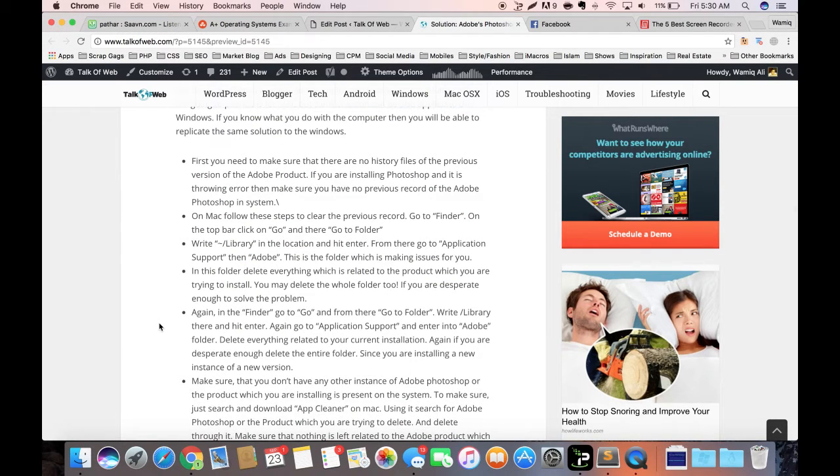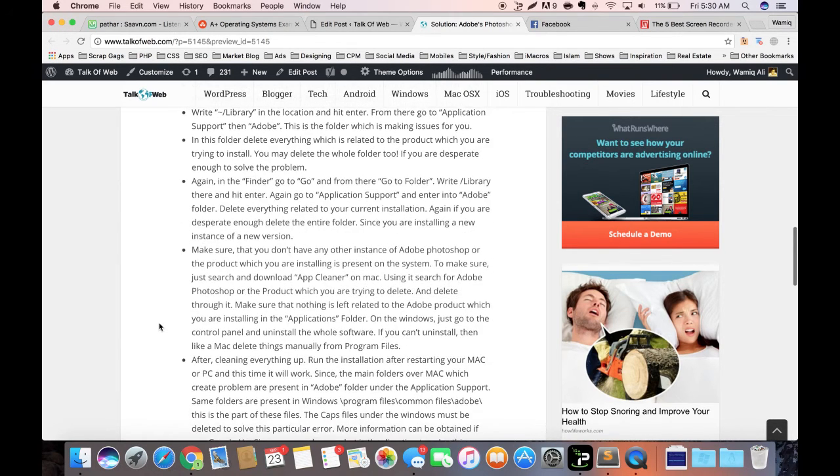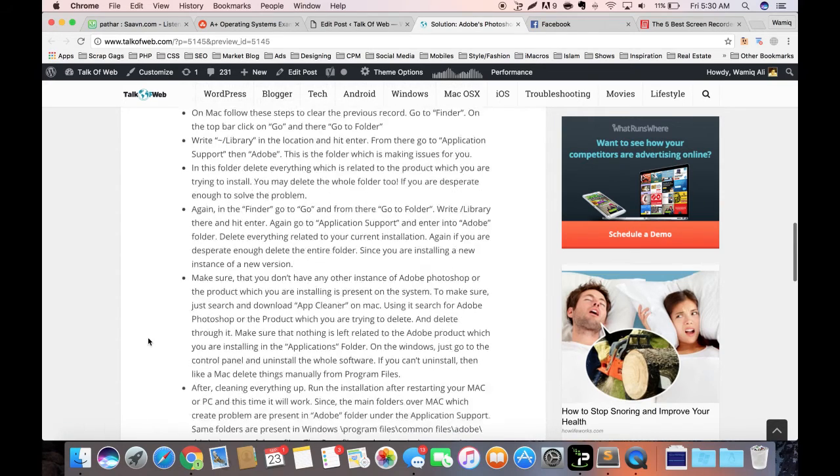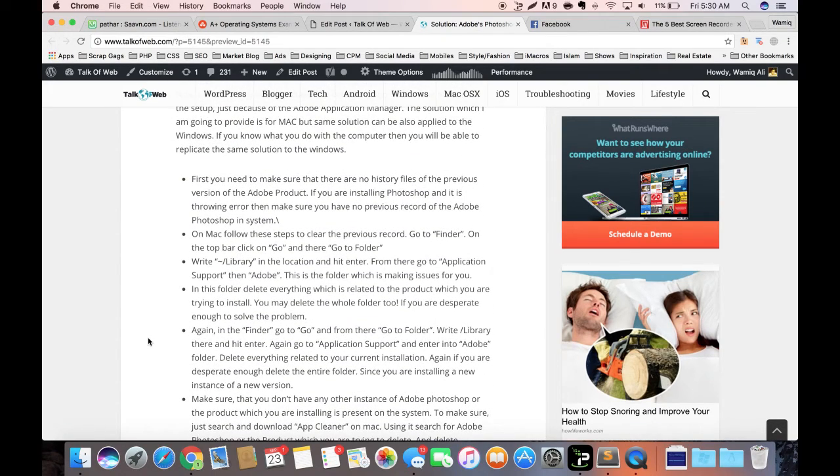So the platform I'm using is Mac. You can also go for the similar solution in Windows as well. So let's go. Here I'm assuming that whenever you try to install Adobe Photoshop or any other product, the initial setup does not run and it throws an error. Alright, so in my case I had this error because there were some previous installation files present in my system, so I had to clear them. Let's see how we can actually do it